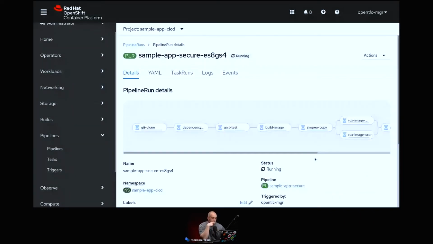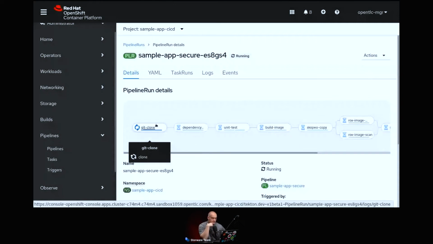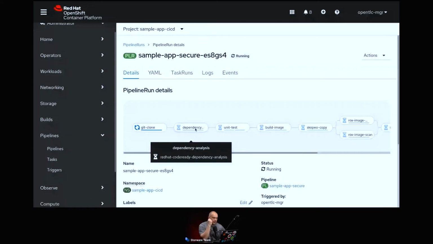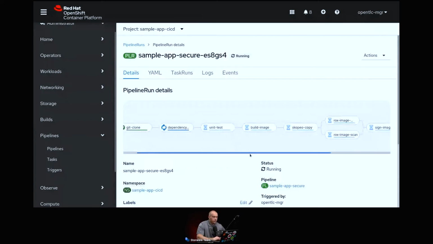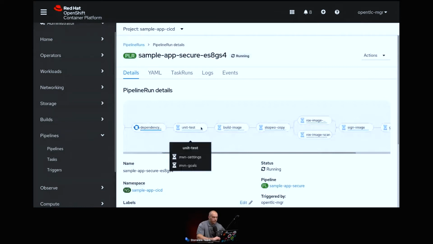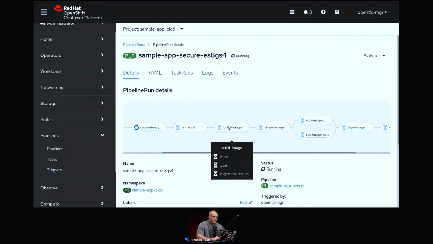So the first step, security oriented, is this dependency analysis. The same as you have seen in CodeReady, just executed here in the pipeline. Then what else do we have here? We execute some Maven-based unit tests. We build our image, a new version of the image containing our application. We push it to the